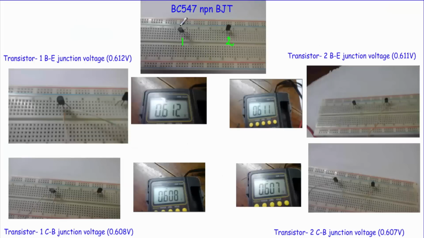While discussing the operation of a multivibrator circuit, I have told you that no two identical transistors have the same doping characteristics. To show that, I have set two BC547 NPN transistors here. Let's say this is our BJT1 and this is our BJT2. We can understand the difference in doping profile by measuring the built-in potential of this transistor 1 and this transistor 2. Both of them are